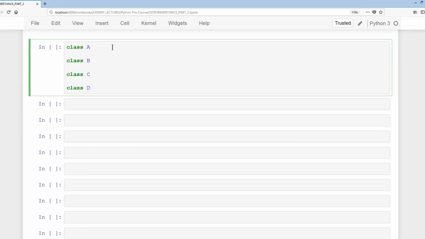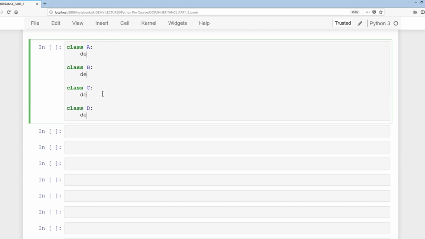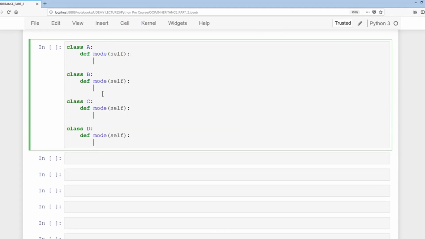Now hold Control for Windows users, or Command if you're a Mac user, then tab, then colon, and then we'll do def mode. So it's the same method we're going to have for all 4 classes. Self, then we'll do print, I'm inside class A, and of course we're going to just change this to B, C, and D,